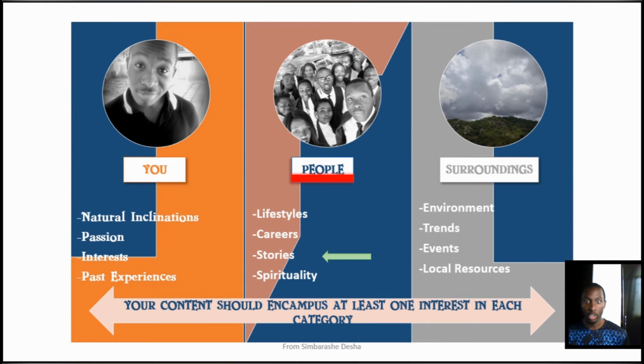And then the next one is stories. It means that with people's stories, you have to know what is happening in people's lives. For example, if these are celebrities, we're talking about where they spend their time, what happened to their marriage, what happened to their relationship, where they go shopping, what happened when they went shopping, the last event, and so forth. All the stories of people, it matters.